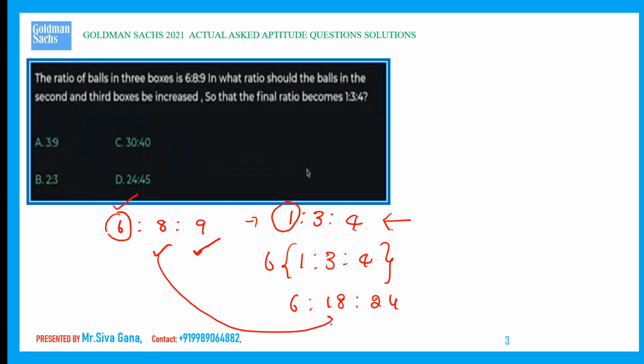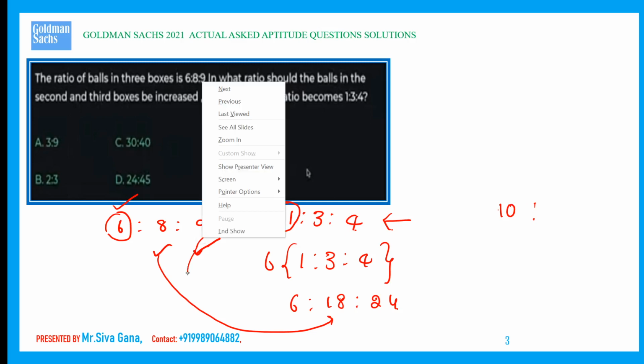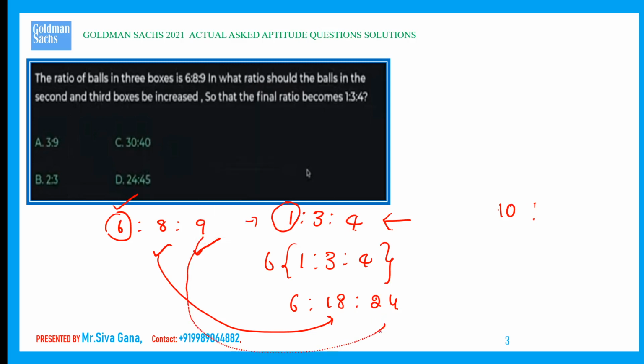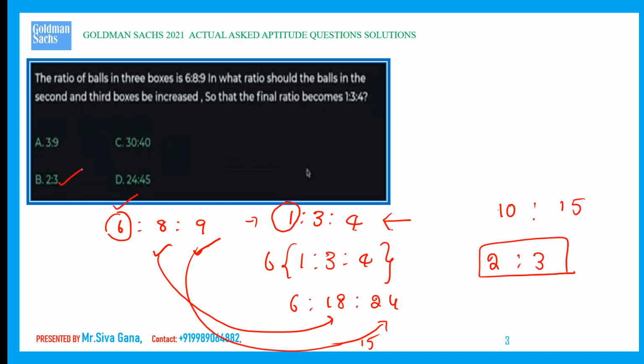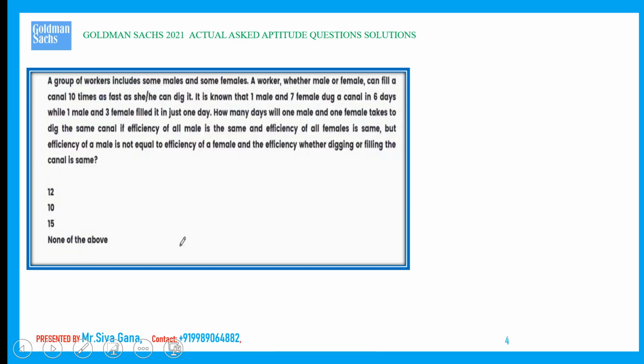Now it becomes 18, which means 10 balls are added. The number of balls in the third box is 9. Now it will become 24, which means how many balls are added? 15 balls are added, which means the ratio is 5 to 5 by 3, so 2 is to 3. Very simple question, not that high a level. Now a group of workers